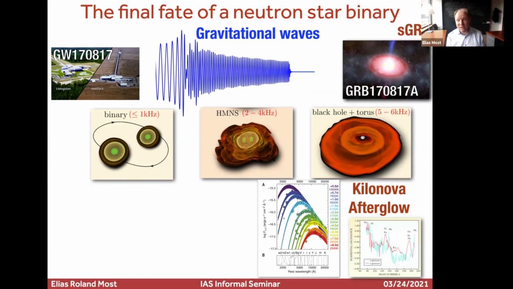And the other thing that will be very interesting for today, not so much what really happened, but that it happened, is that we've seen a short gamma burst. Since those are typically associated with the formation of a black hole, we can be more or less sure that the system collapsed to a black hole at some point. And that will put very strong limits on how massive neutron stars can be.